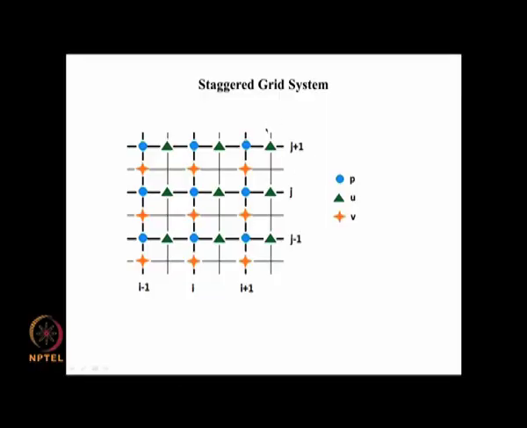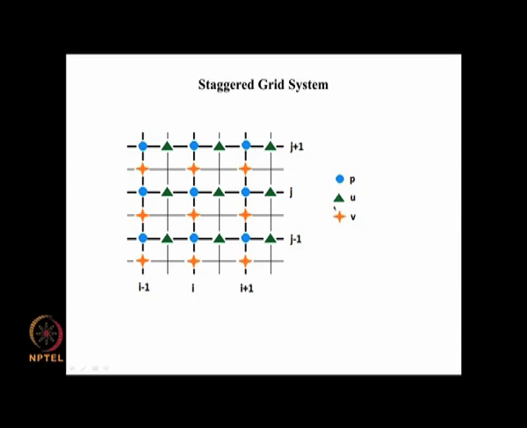So in that context, a staggered grid system like the way that it is shown here is also permissible, and in this particular staggered grid system you are evaluating the pressure P, denoted with the blue circle here, at the intersection of i, j. For example, this is i and this is j here. At the intersection point you are evaluating P, again at the intersections of i plus 1, j; i minus 1, j; i, j plus 1; and i, j minus 1. So, intersections of constant i and constant j are the locations at which pressure is evaluated.